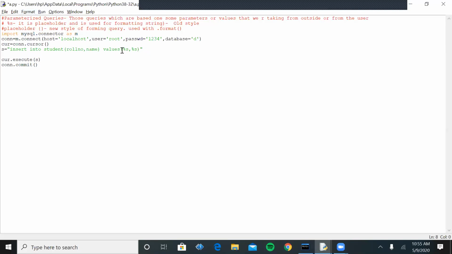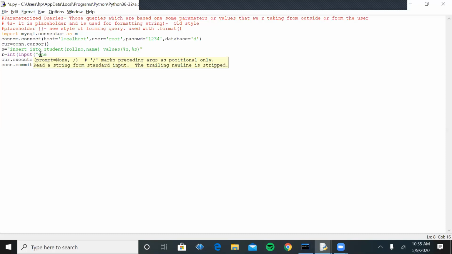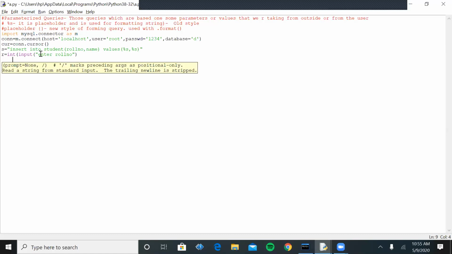Because here I am taking the value from the user, first is the roll number, and I am storing the value of roll number in one variable, so that after entry it will be stored in this variable. Another variable is of name type, which accepts the character type value.